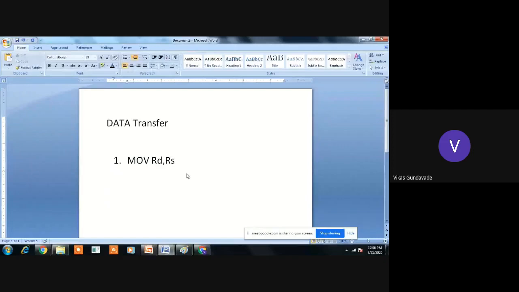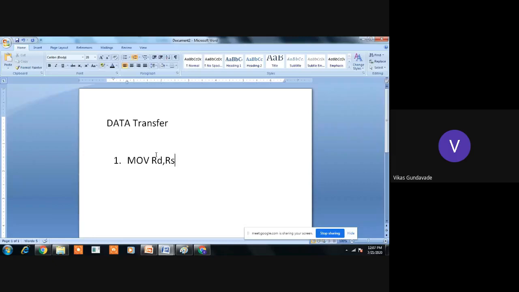So here, how will the data transfer take place? The data transfer will take place from the source register into the destination register. So how many registers are available? R0 to R7, these 8 registers from every bank. That means for 4 banks, these 8 registers are available. So these 32 registers with accumulator and B register, there are 34 registers.